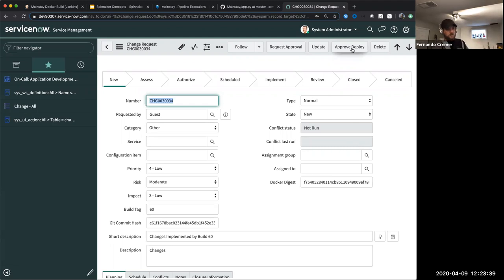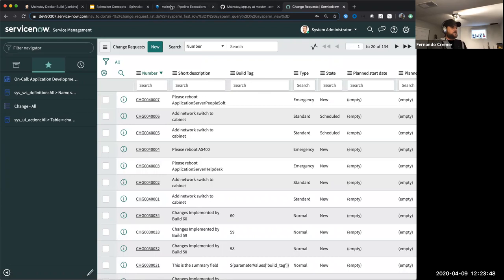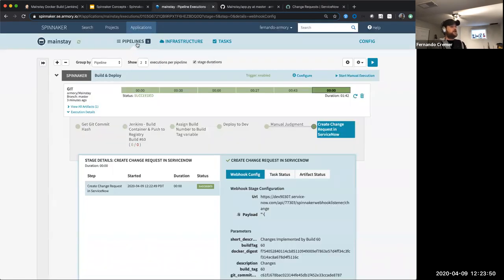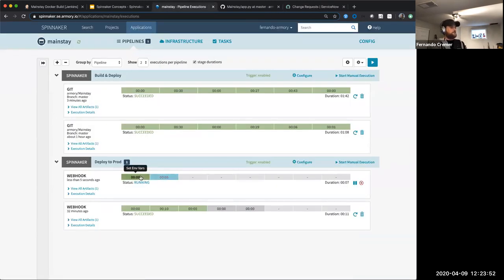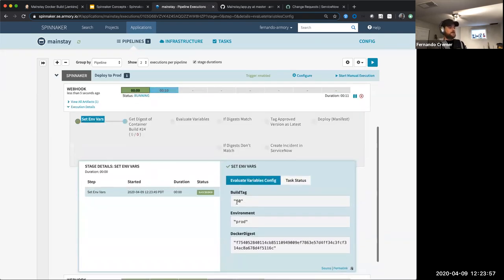So this is what this will do. This will send a webhook back to Spinnaker, and it will include these fields for another pipeline. So I click on this button, and then if I go back to Spinnaker, I'll see another pipeline executing, which takes the field values from the ticket, mainly the tag and the digest, and I set the